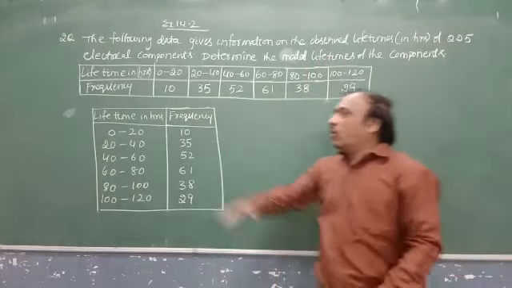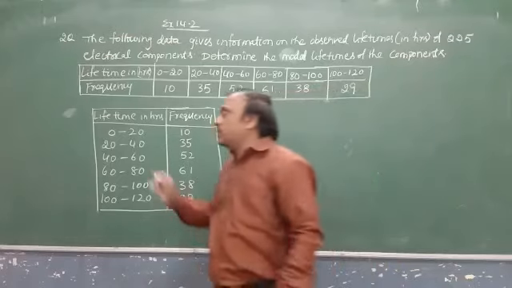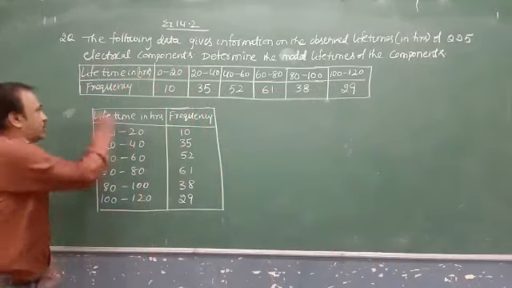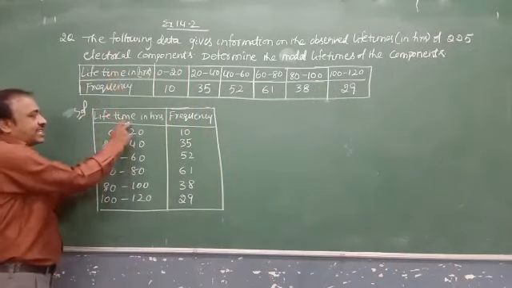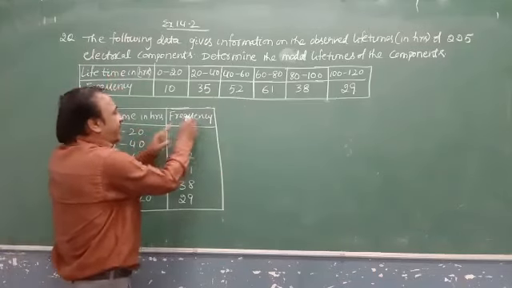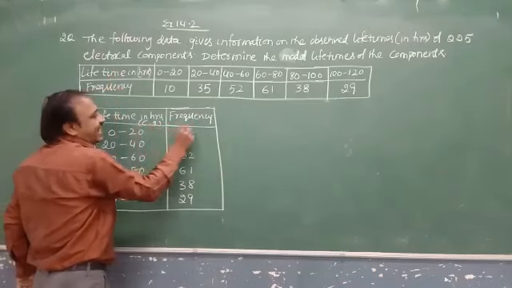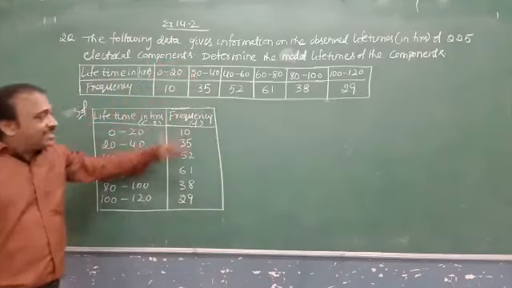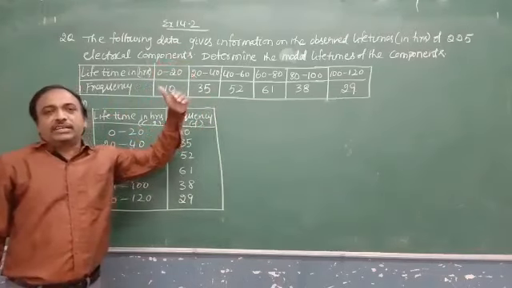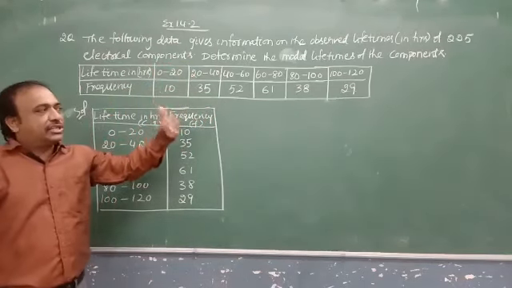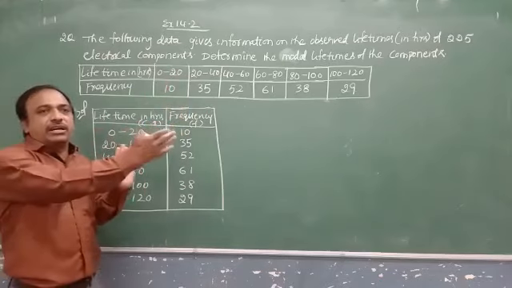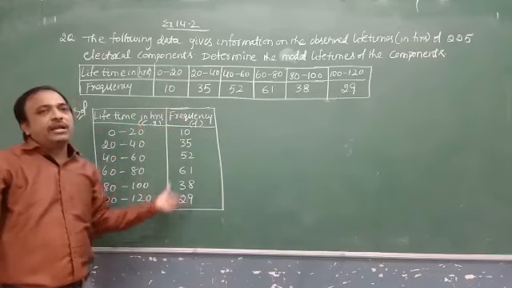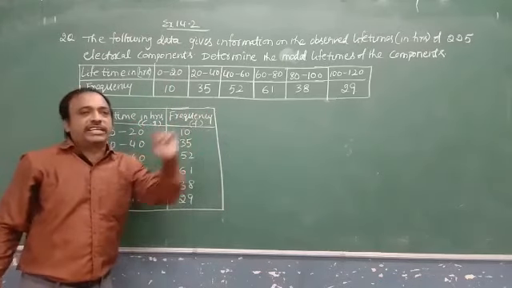While finding the mode, first we need to write these two columns again in the answer. In the solution, these are the class intervals, written shortly as CI, and these are the frequencies, written as F. In the mean we calculated for grouped data by the direct, assumed and step deviation methods, there were many columns, but here only these two columns are given, and with them we will find the solution using the formula.